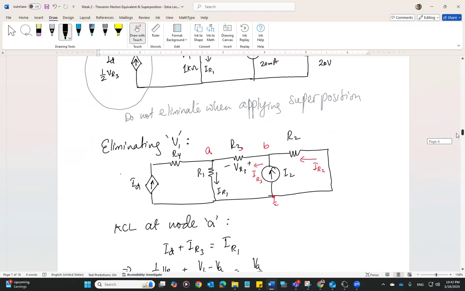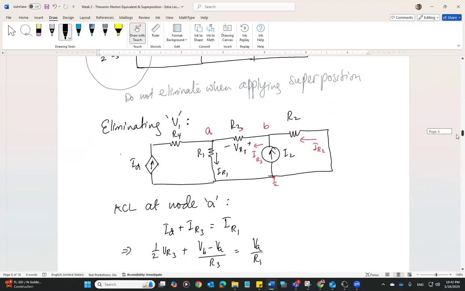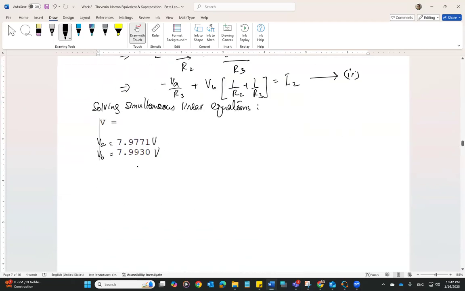Okay, anyways, whatever the values are, doesn't really matter. So now, what was our goal? To find IR1 due to each source and then add them together. So IR1 due to the current source will be